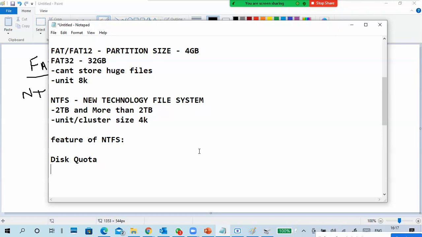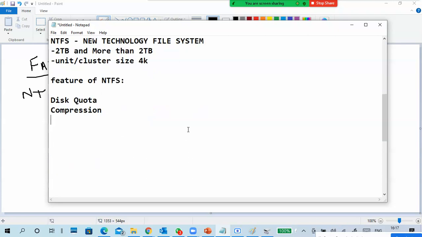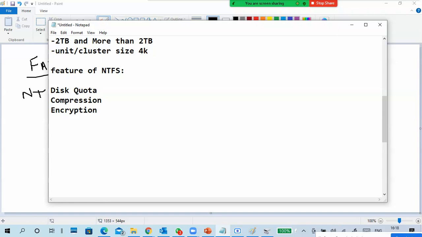Any other? Compression. While you are creating a drive, you can observe the compression option is enabled or disabled when you change between NTFS and FAT. Then encryption. In Windows 10, encryption is also supported on FAT, but as per the standard in older Windows 10, 8, 7, encryption won't work on FAT, only on NTFS. Encryption, compression, disk quota,